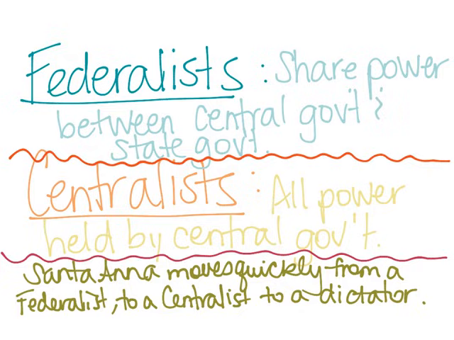Now, one thing you're going to hear a lot along with federalism is the word federalist, which is a sharing of powers between the central government and the state government. If you agree that the state should have some powers as well as the central government, then you're a federalist. A centralist wants all of the power at the central government. They do not want states to be able to choose for themselves what works for them.